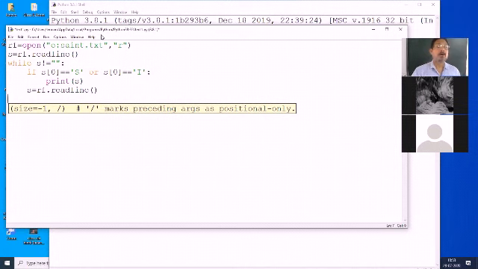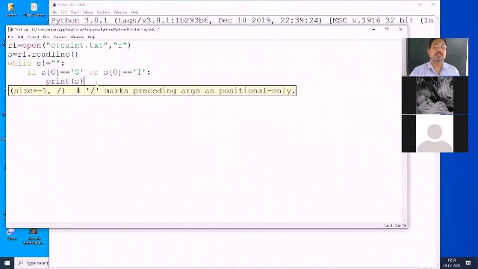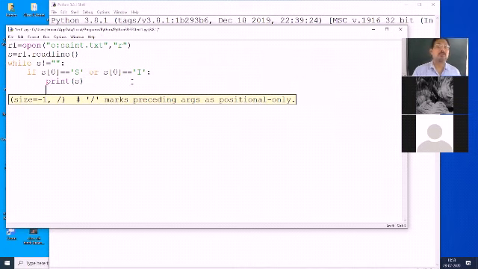Okay, and you can also extend this part: also display the total number of such lines.